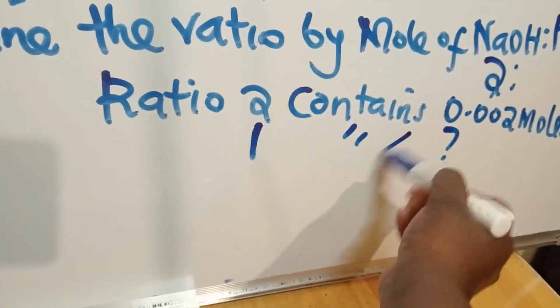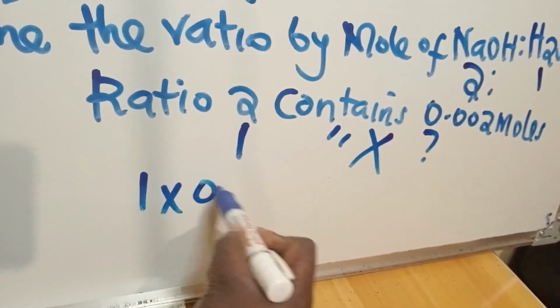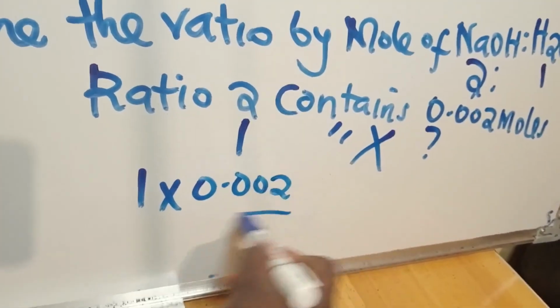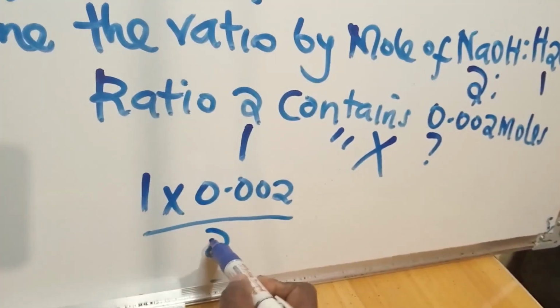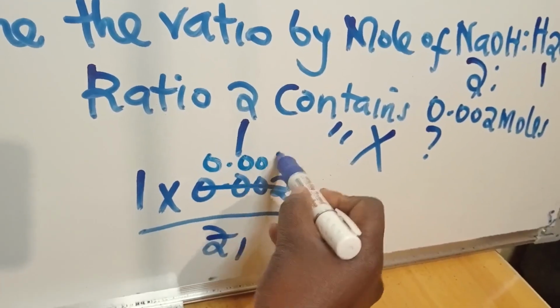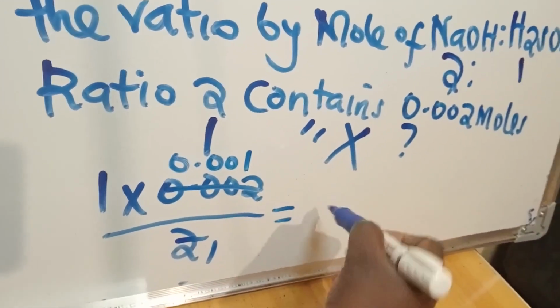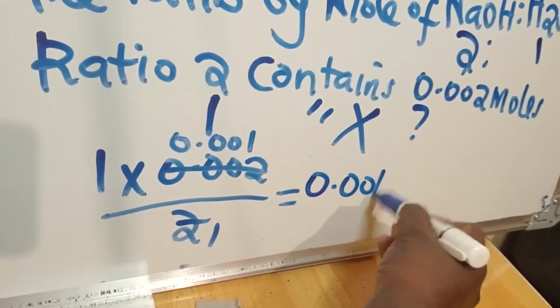So we cross multiply. We get 1 times 0.002 all over 2, these two up here. So 1 by 2, 0.001. So we get 0.001 mole